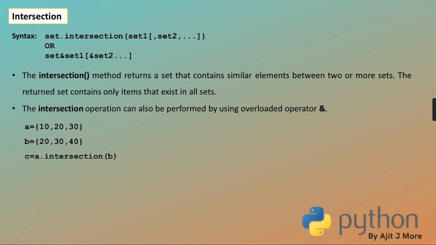Okay, quickly I'll take an example. A.intersection(B) will return a new set containing the elements which are present in A as well as in B. There are only two values, 20 and 30, which are in A and B. So that you get, and you can do it with the overloaded AND operator also. Get it? And when we are using this overloaded AND, here also the magic method is called, A.__and__(B).